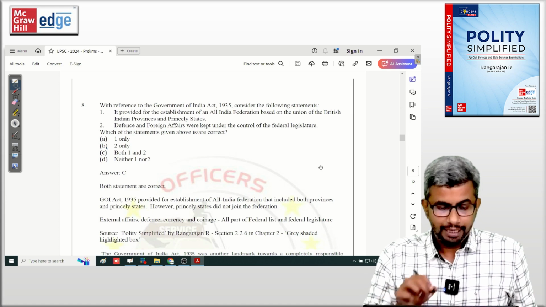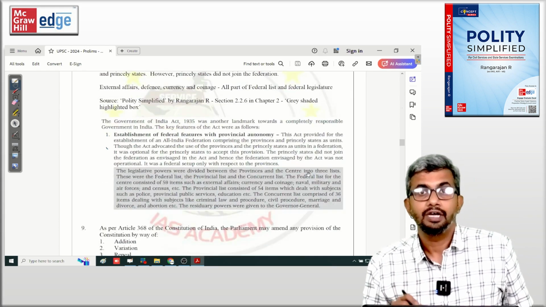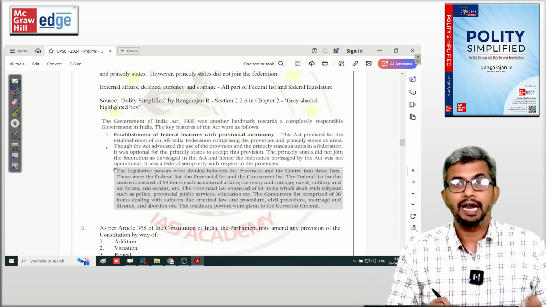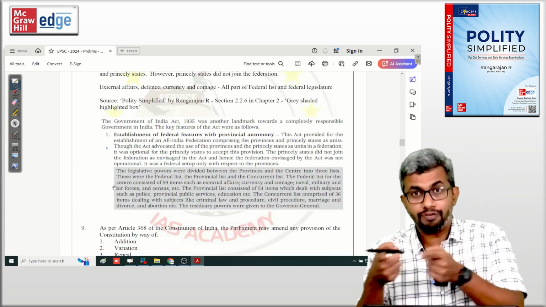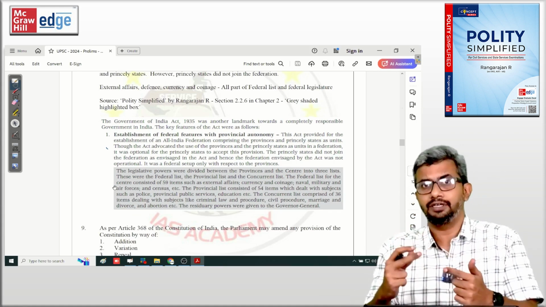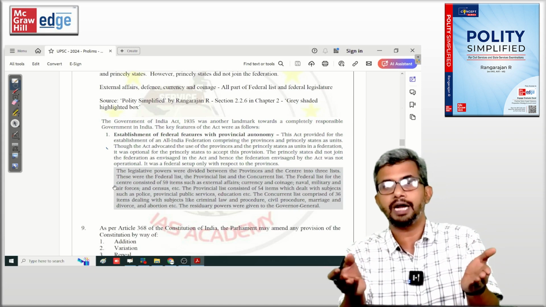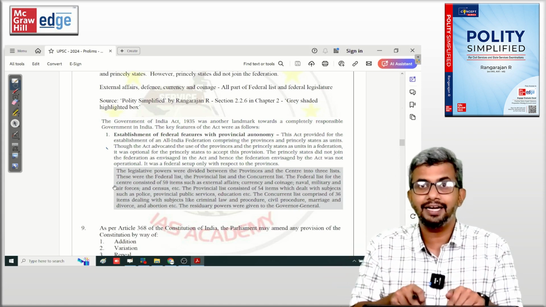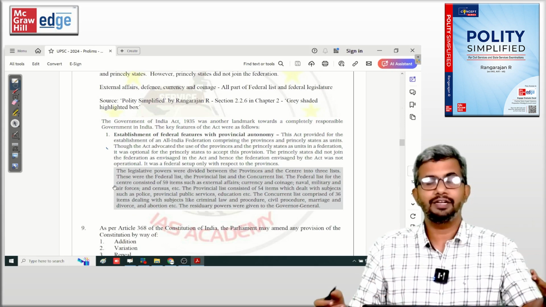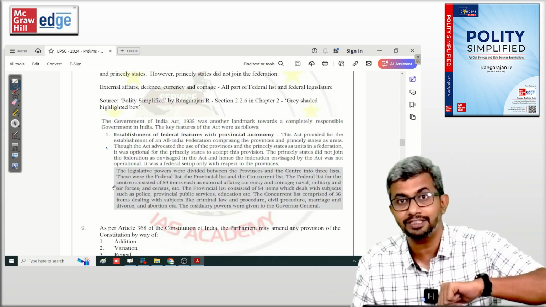And guys, this again in Polity Simplified, this is another unique feature. All important areas have been grey shaded, and you will find that there are 4 to 5 questions. See, these are there in all the books, but for your last minute revision, apart from the mnemonics and the flowcharts and the tables which are part of the book, these grey shaded areas, if you revise once every year, I feel that these are important. That is why, based on that analysis, I have grey shaded these areas.